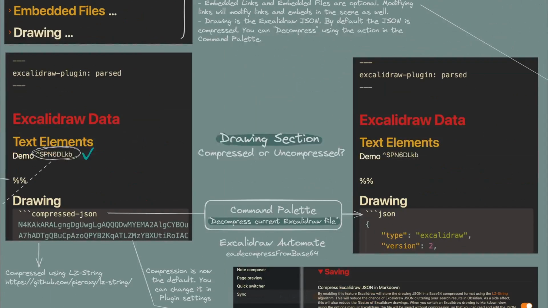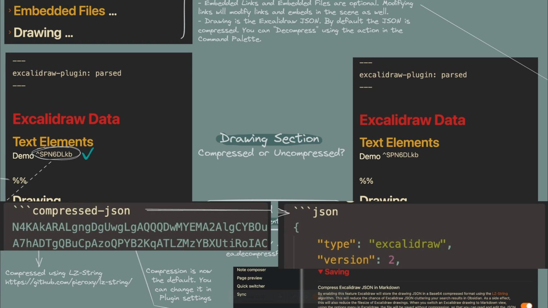The drawing section contains your drawing in JSON. This is the same format as in the .excalidraw file, except that images are not embedded in the JSON. We'll talk about this in a moment. I want to draw your attention to the two code blocks,